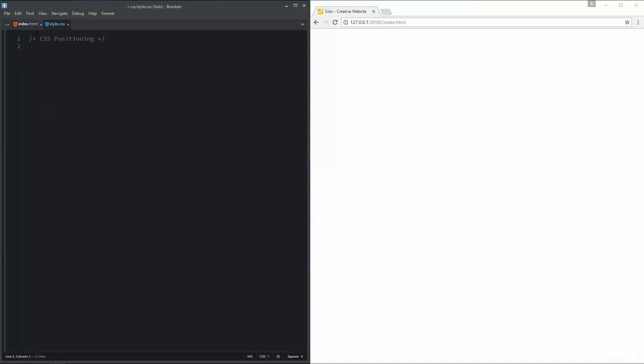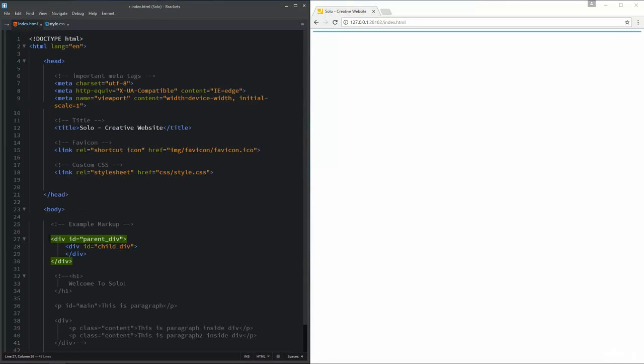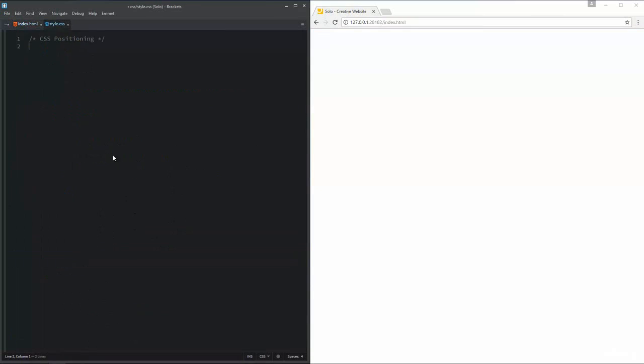Now I am going to specify some width and height for these two divs which we just added to this index.html file, so they will look like boxes. Okay, let us do it. I am going to select the parent div, and the ID of the parent div is parent_div. By now you are familiar with how to assign an ID to an element and how to select and apply CSS to an element using ID inside CSS.